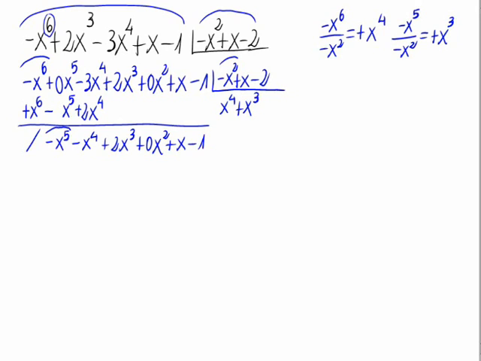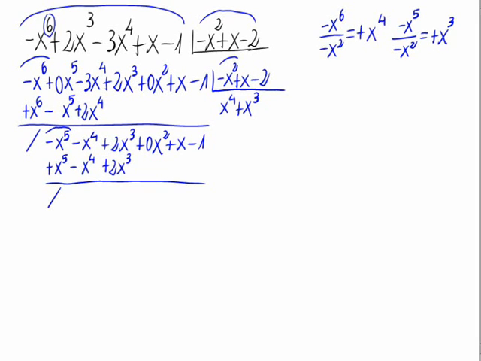So x cubed times minus 2 is minus 2x cubed. x cubed times x is x to the 4th, and x cubed times minus x squared is minus x to the 5th. Changing the sign, we would have plus x to the 5th minus x to the 4th plus 2x